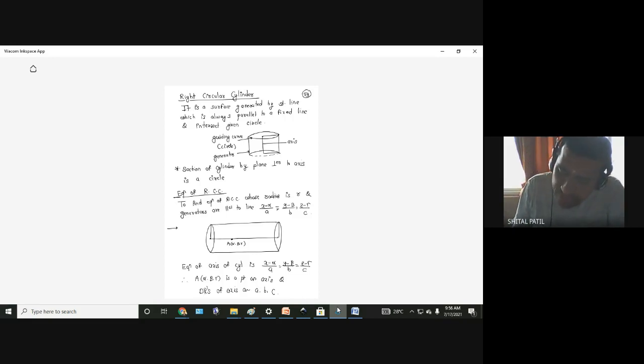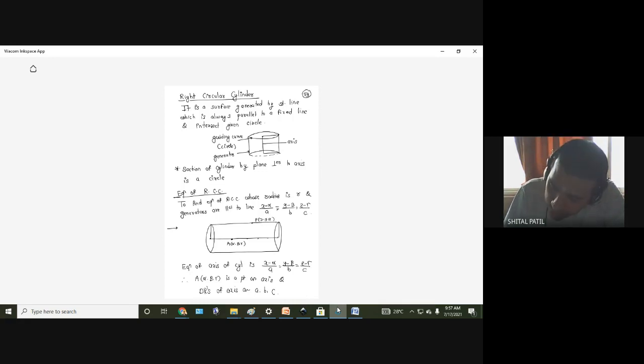Now, to generalize this, to find the equation of cylinder, as we have done in case of cone, where we consider a general point on the surface of cone, P of x, y, z, in the same way, I have to consider a general point on the surface of cylinder, not on the axis. So I cannot consider a point on the axis. Axis is inside the cylinder. I have to consider a point on the surface of cylinder. So let me consider point P somewhere here, P of x, y, z. इतना समझ में आ गया आपको?